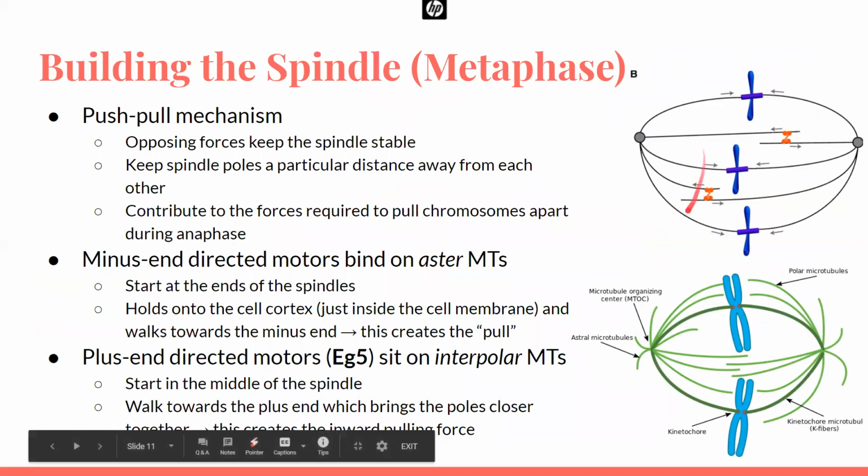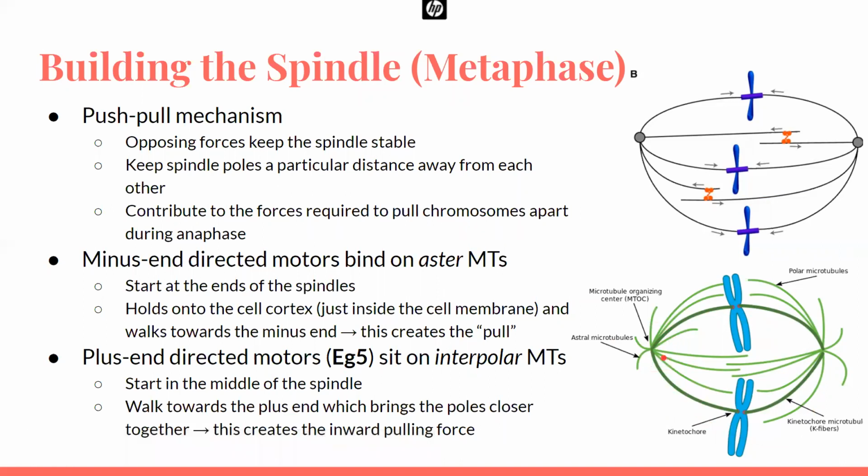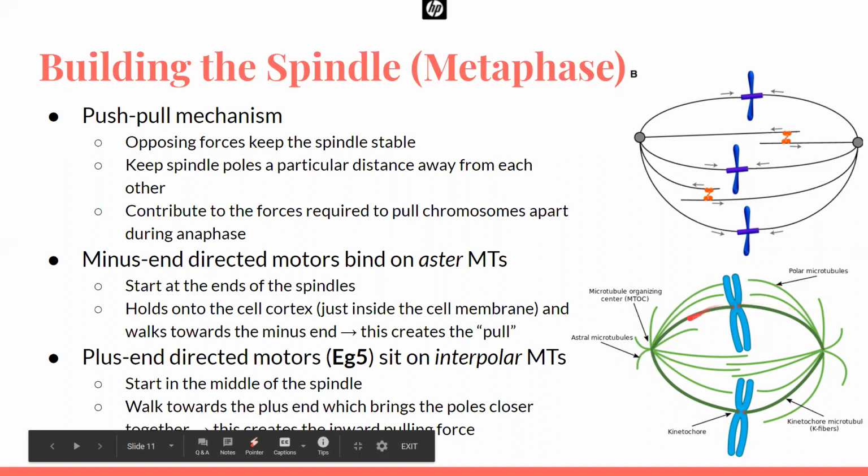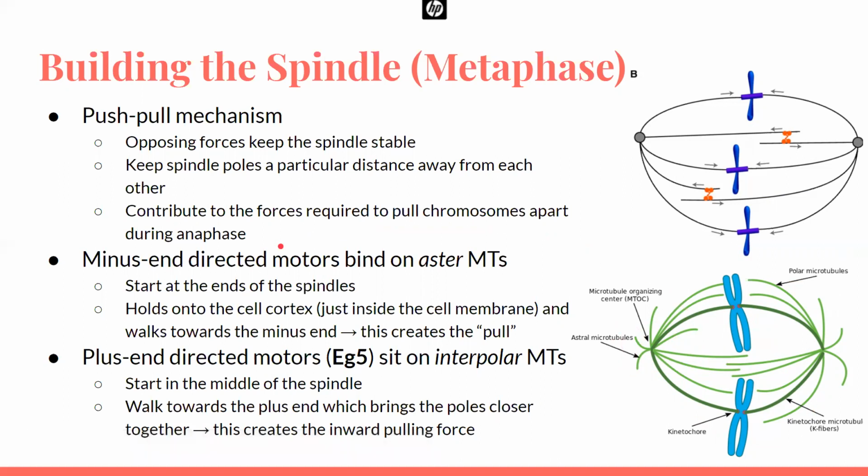which you can kind of see here. These are these motor proteins, one's going one way, one's going the other. And then this is more of just a diagram of what's happening. It's a simplified version of the one on the last slide. You have your astral microtubules, kinetochore microtubules. They don't really show the interpolar microtubules here, but the push-pull mechanism is that, basically, the theory is that